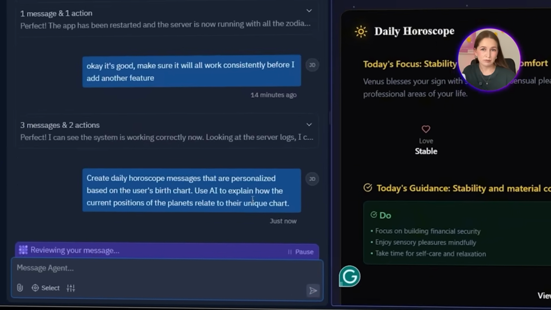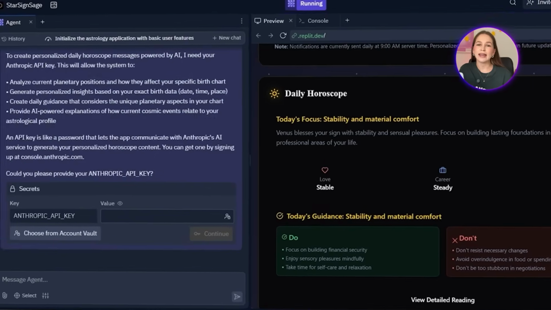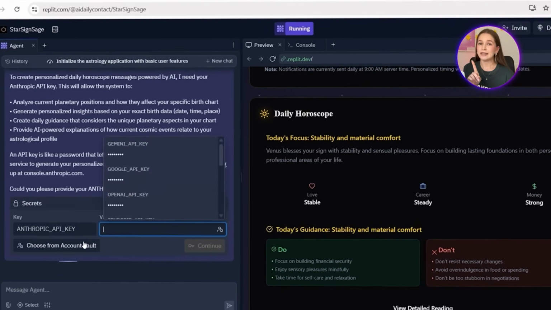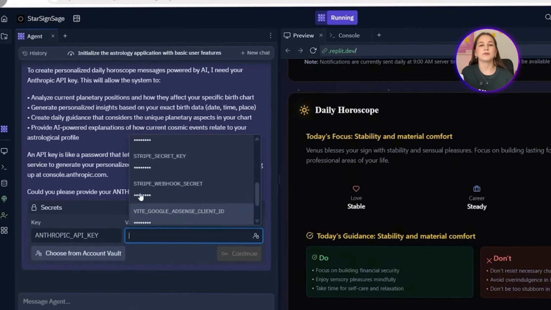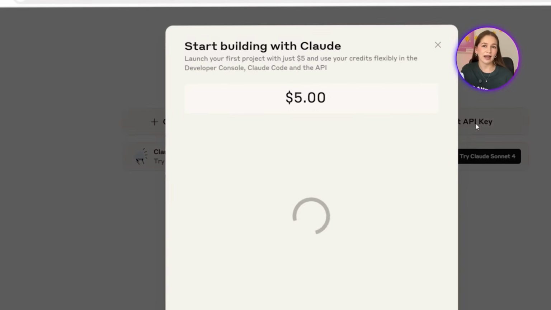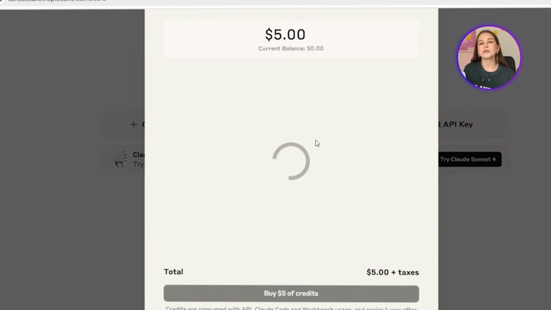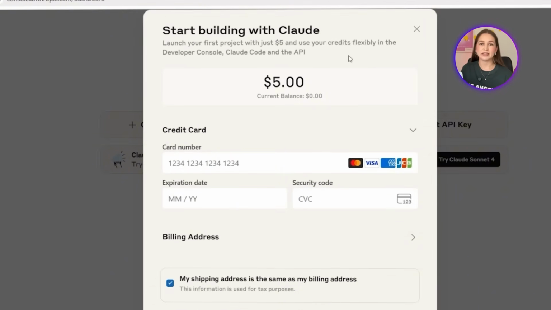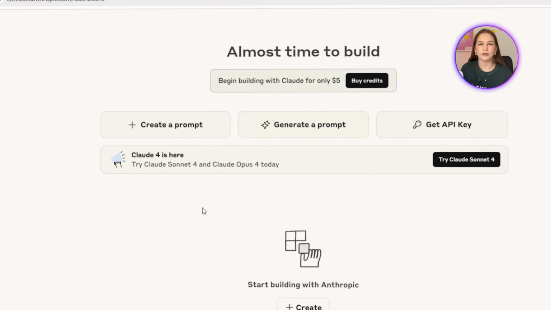Replit starts setting it up and mentions that it's going to use an AI service for this, specifically Anthropic's API. But to make that work, we'll need to provide an API key. Replit points us towards this sign-up process, so we're going to follow the steps. However, Anthropic requires payment for its API. That's not ideal, so we're going to switch gears and look for a free option.